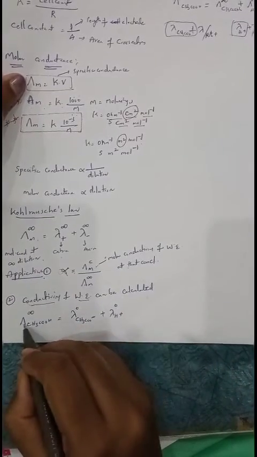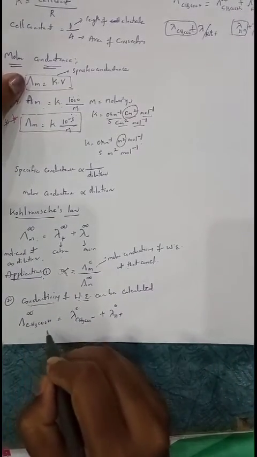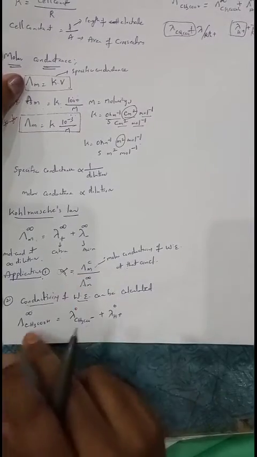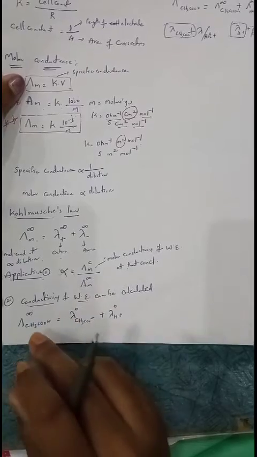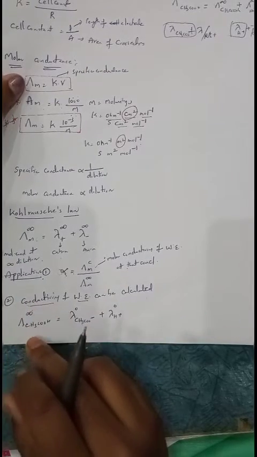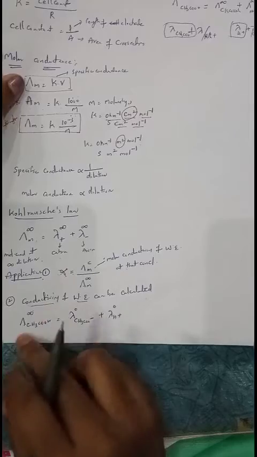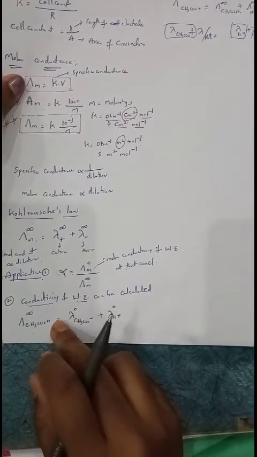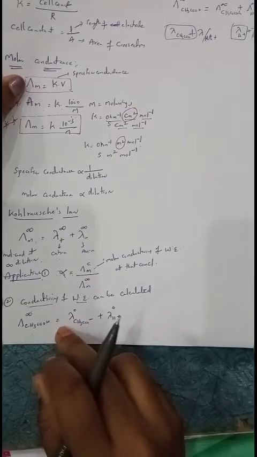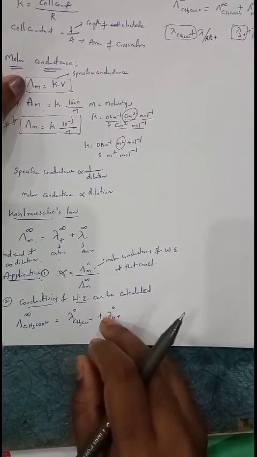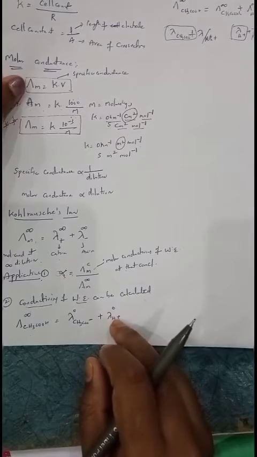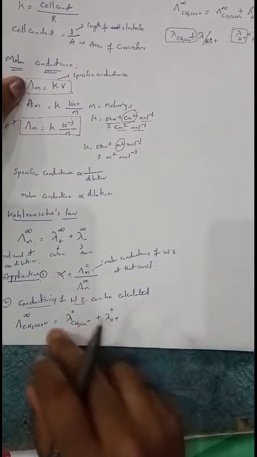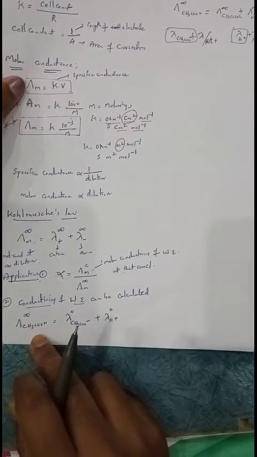For example, lambda infinite of CH3COOH. This is a weak electrolyte. Acetic acid always acts as a weak electrolyte. You have to remember lambda infinite of CH3COOH. Its conductivity can be calculated. That is always equal to lambda naught of anion plus lambda naught of cation. Cation here is nothing but H plus, and anion is CH3COO minus. So by adding these two, you will get this value.